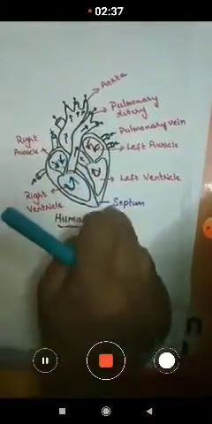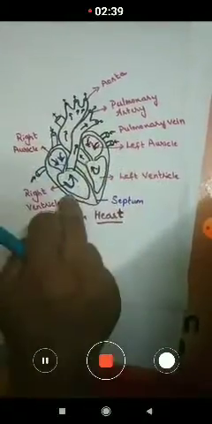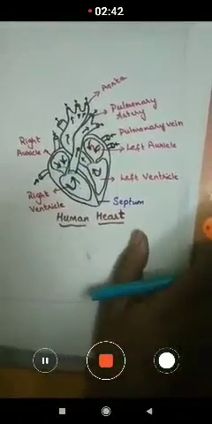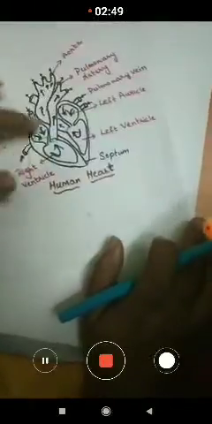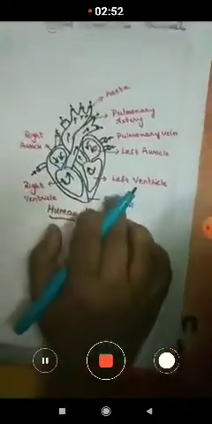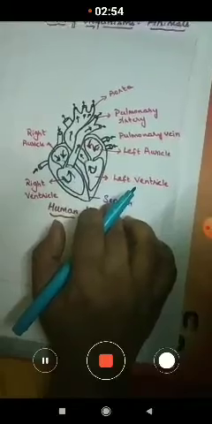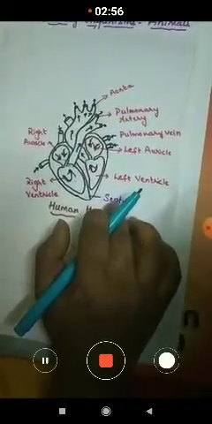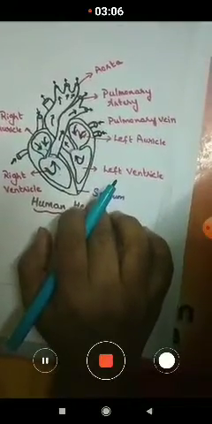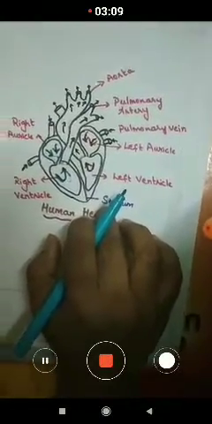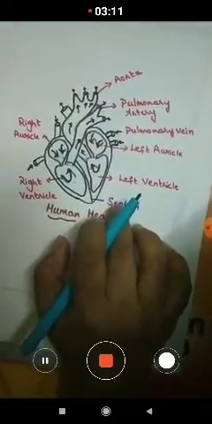Okay, children. After learning the four chambers of the heart, we studied the blood vessels. So what are blood vessels? Blood vessels are tube-like structures that are attached to the heart, and they are present throughout our body. The blood flows in these blood vessels, and it reaches all the parts of the body. There are three types of blood vessels: arteries, veins and capillaries.